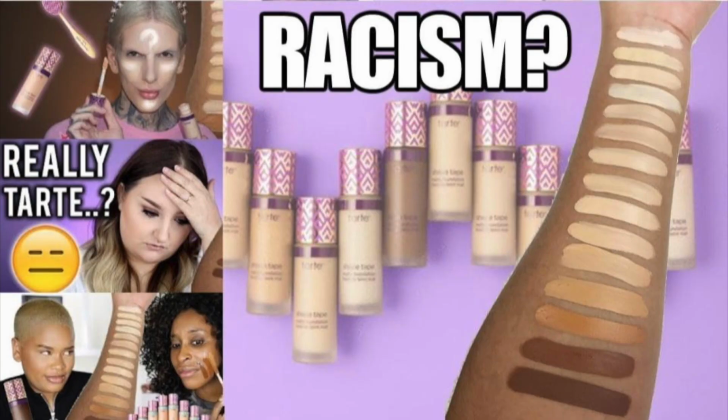But I do know that this is somewhat of a controversy because last year, as you guys know, Tarte released the Shade Tape foundation and it was kind of a joke. And this is what it was. This is a hydrating foundation, and then they had a more mattifying foundation. Now I had both, and the mattifying foundation I actually gave to a friend of mine, so I only have the hydrating left. And I didn't like either one of the foundations, and they were pretty much an afterthought for